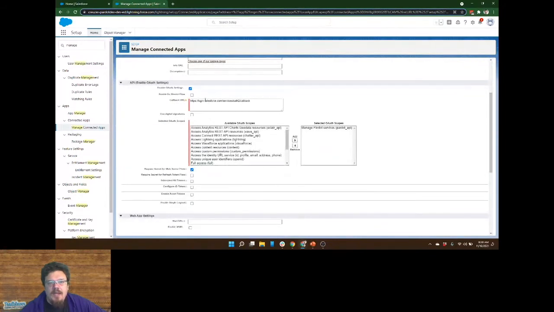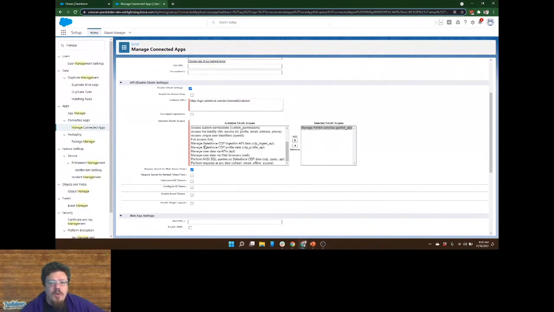Remember I said the callback URL is different. So in our sandboxes, this will be test.salesforce.com instead of login.salesforce.com. We want to set our OAuth scopes. This is the magic that allows us to do stuff. So manage Pardot services is the thing that we want to click and then slide over, right? That allows us to connect to Pardot.